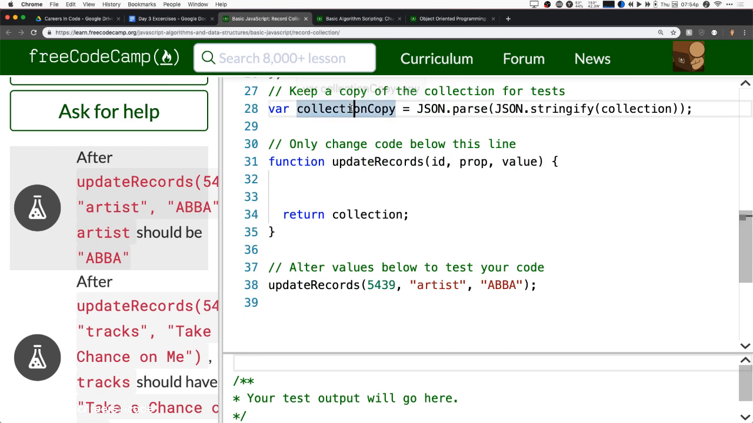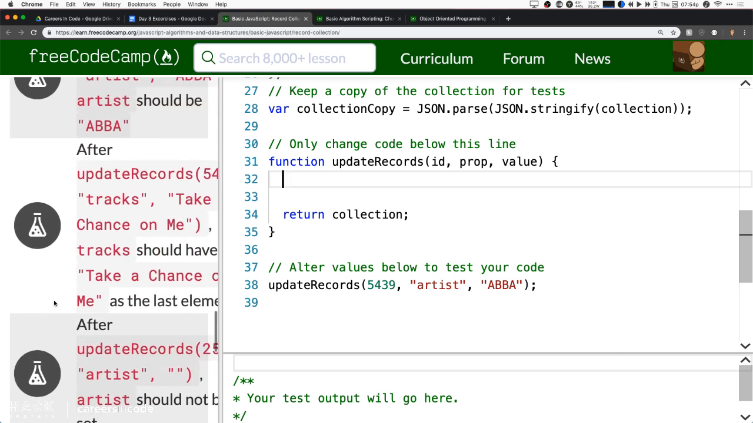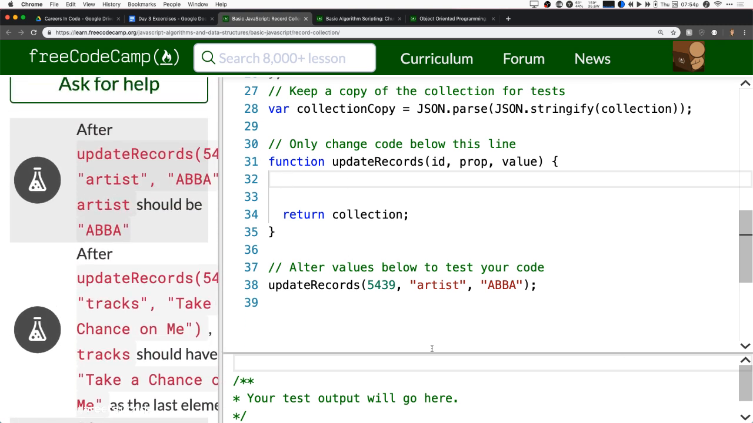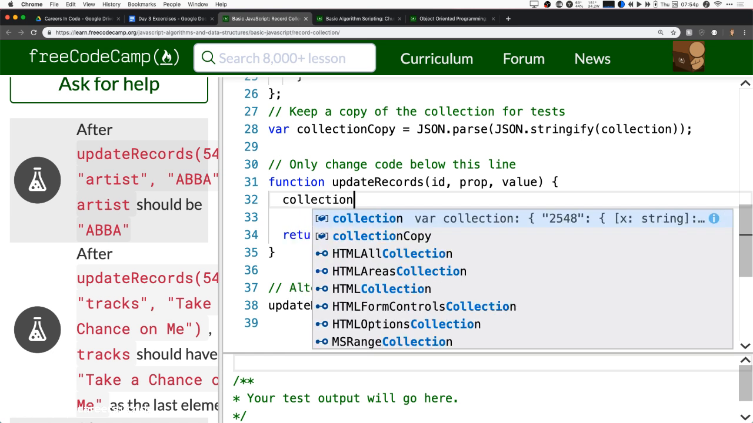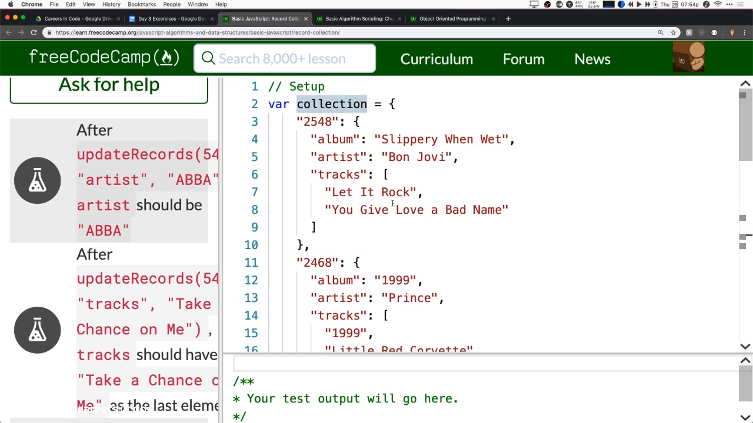They copy this collection so they can compare the starting value to the ending value, so we can ignore that. What they want you to do is create this thing called update records. Update records takes the ID of whatever you're trying to work on, the property that it wants you to update, and then the value that it wants you to update it to. So for the first one, we're going to go to our collection, and we are going to go to the ID,